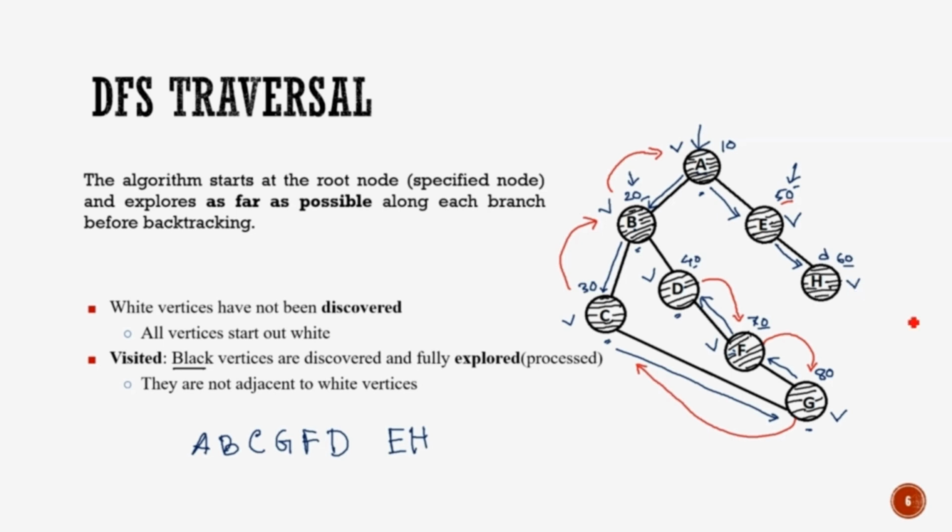Since there are no new nodes along this path, we get back to the parent node and we see that there are no new paths, and since there are no new nodes to be processed, we stop the process here. So in this graph, the red lines denote the process of backtracking.